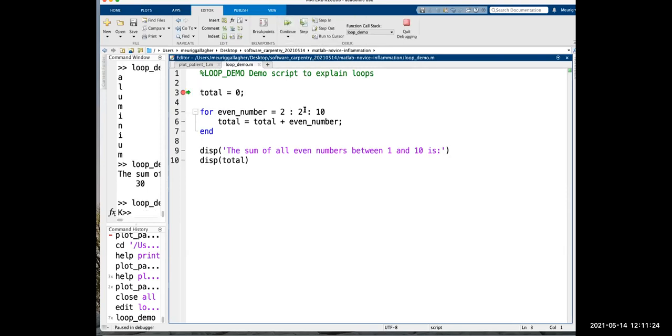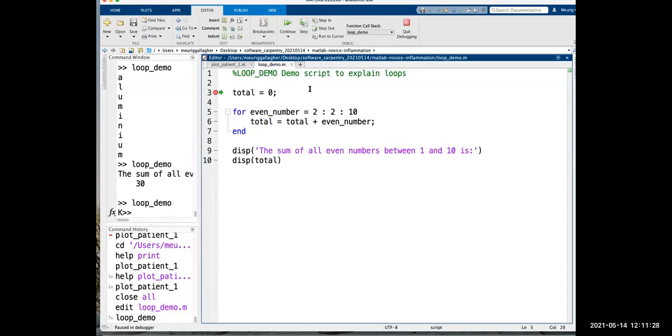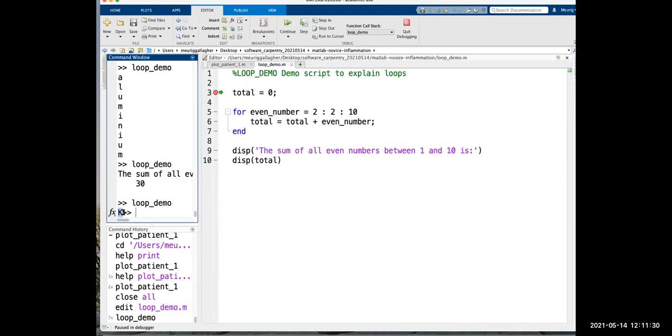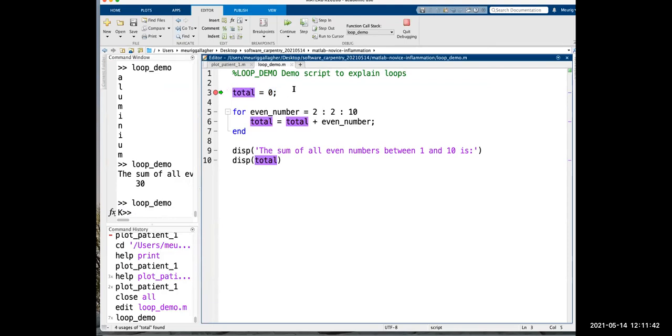So I'm going to press run, and you'll see a couple of things different to how we normally do it. We've now got this big K here in our command window. The K is basically saying you're in debug mode. We've kind of paused our execution, and we've got this little green arrow. This green arrow says we're on this line. We haven't done anything yet.